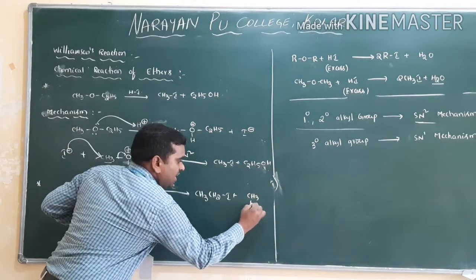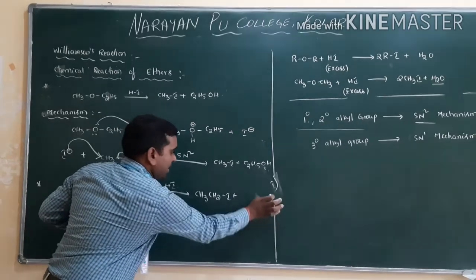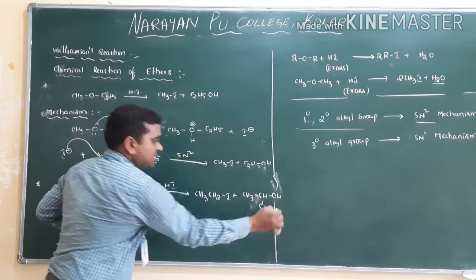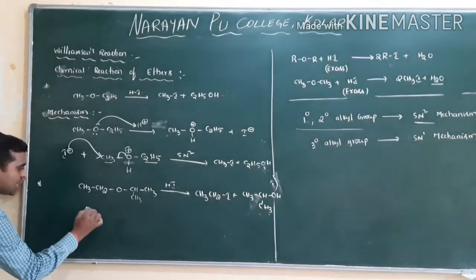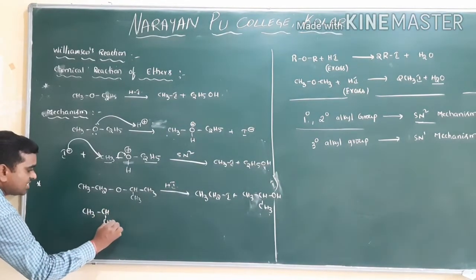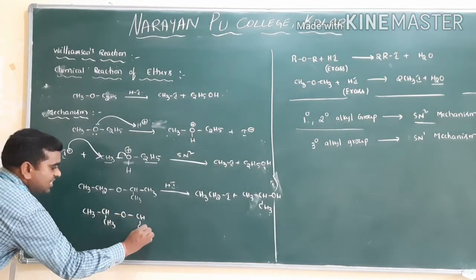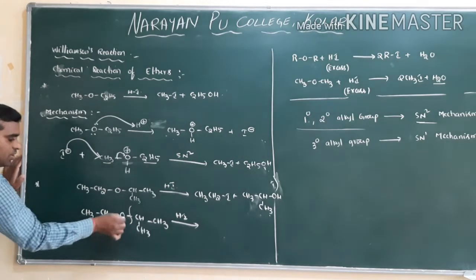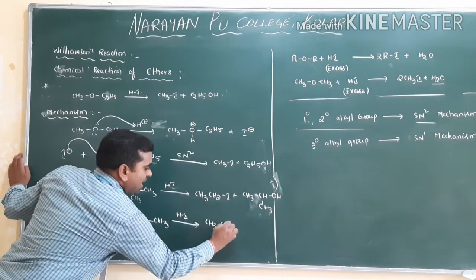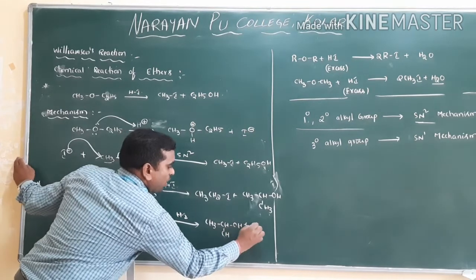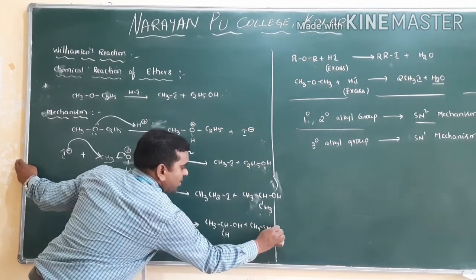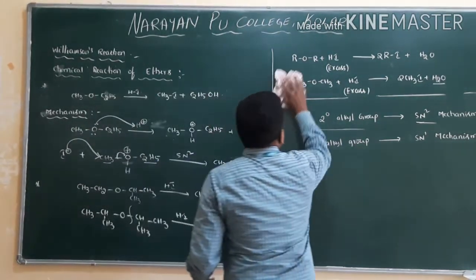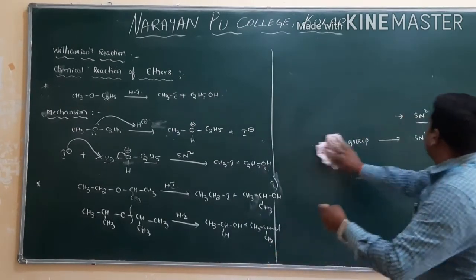CH3CHOHCH3. If both are secondary, CH3CH(CH3)-O-CH(CH3)CH3, this is symmetrical, so definitely you will get one alcohol and one alkyl halide, whichever you take. You will get isopropyl alcohol and isopropyl iodide. But the problem comes whenever